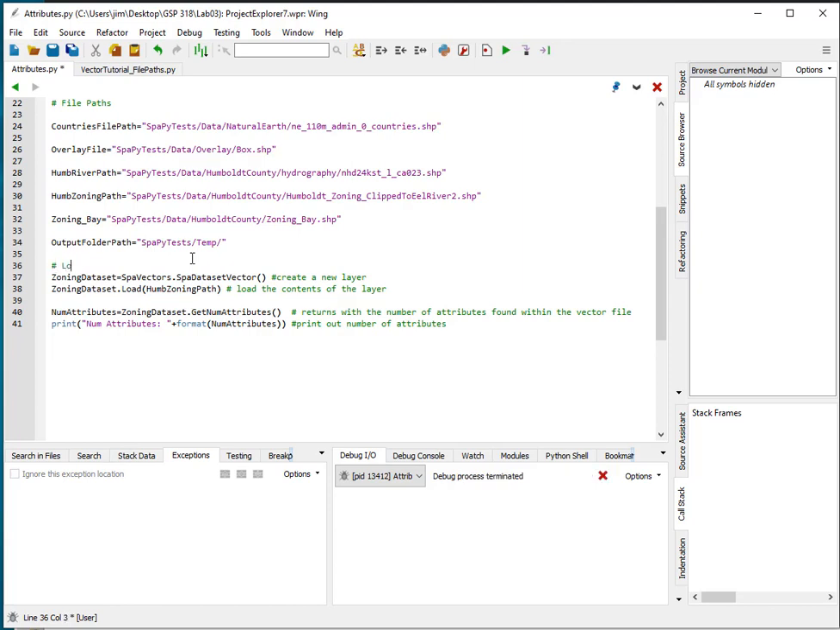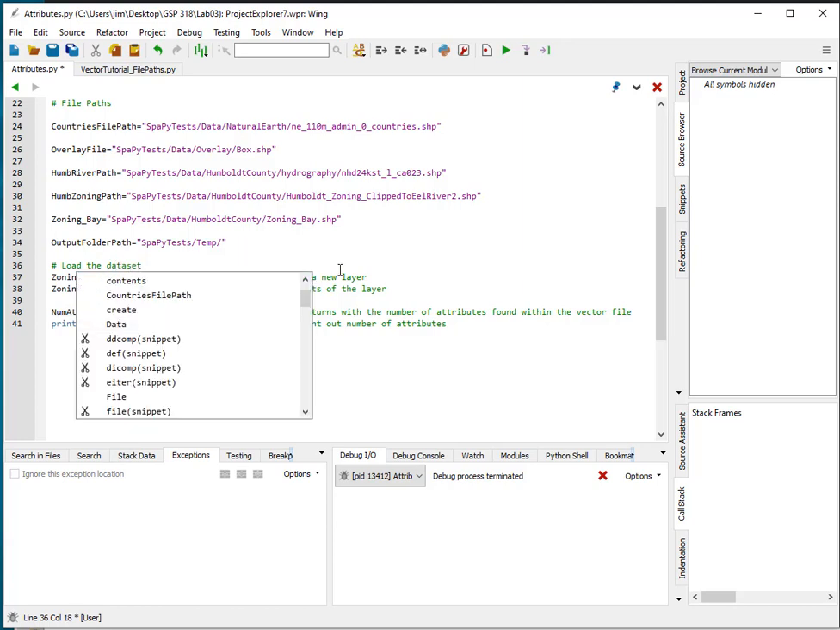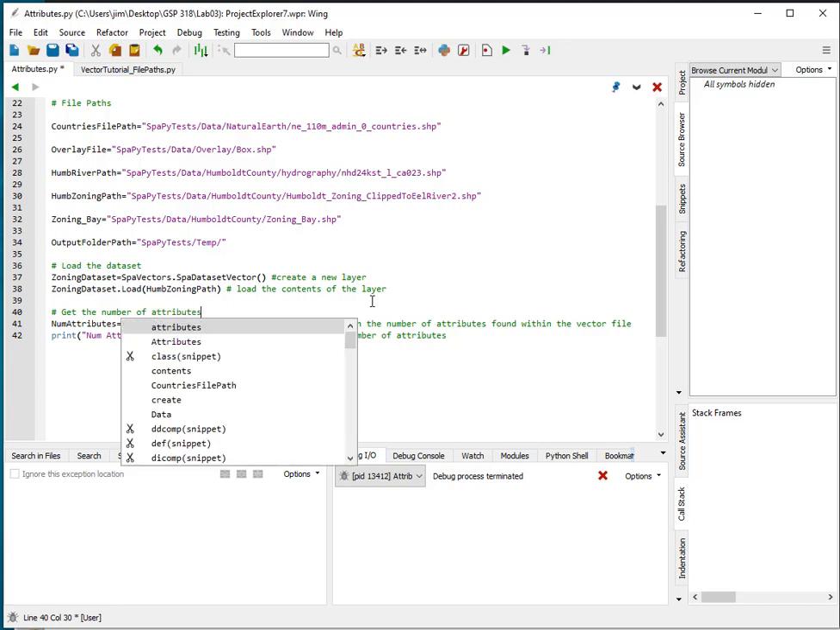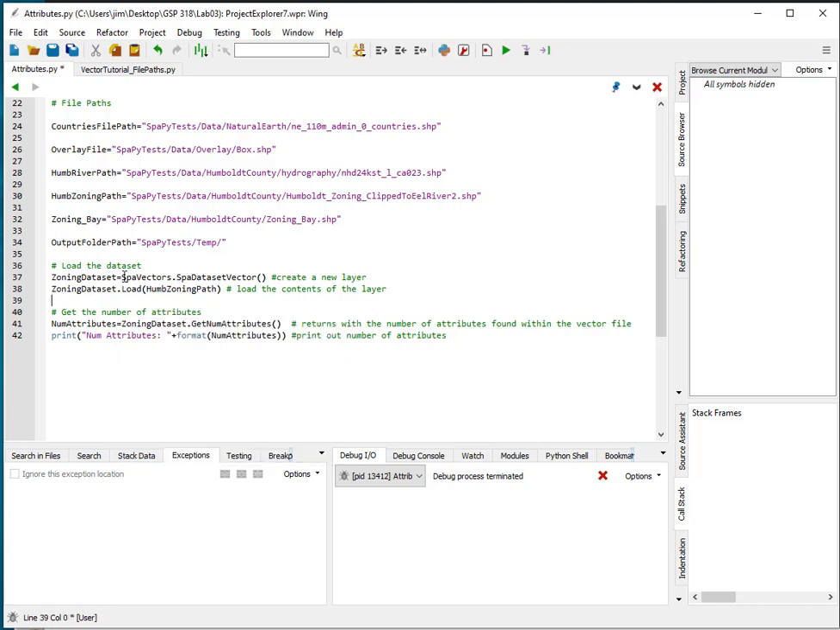Whoops. Helps if I have my fingers on the right keys. And this is just going to get the number of attributes. Okay, so we're going to load the data set as we've done before, and we're going to load the